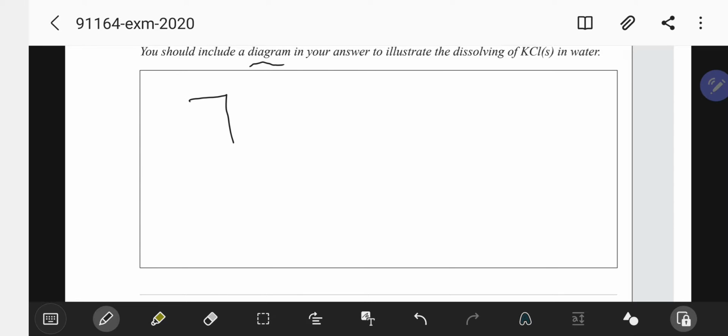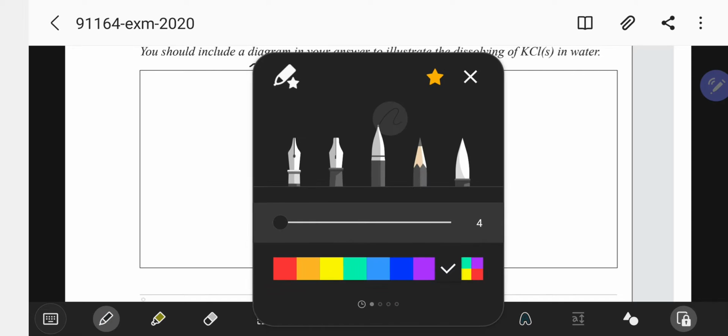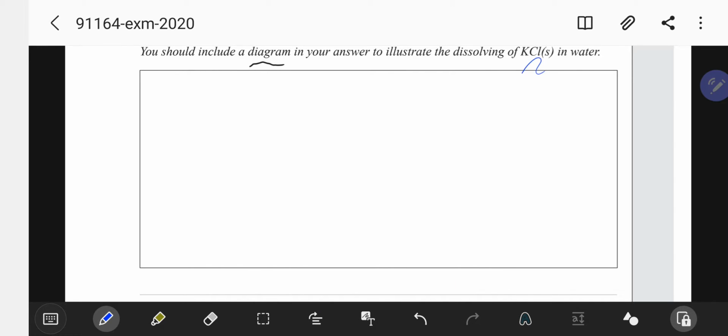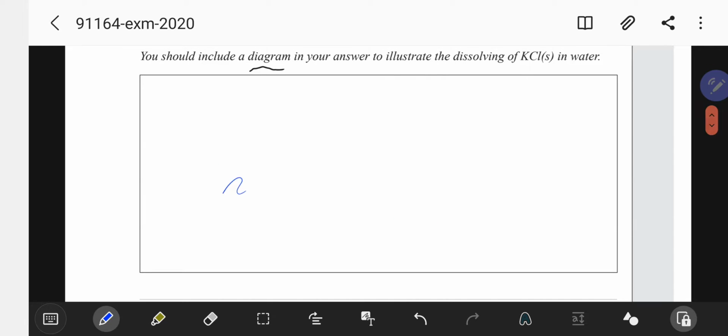Actually no, we'll say this whole box here is water, and we have our water molecules in here,